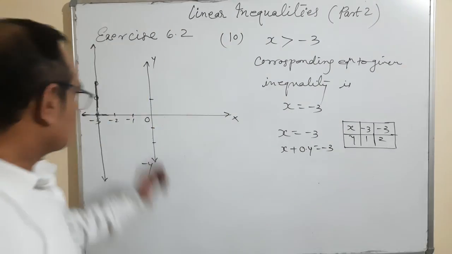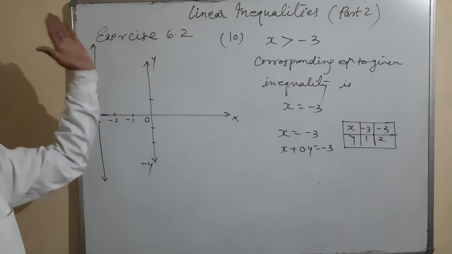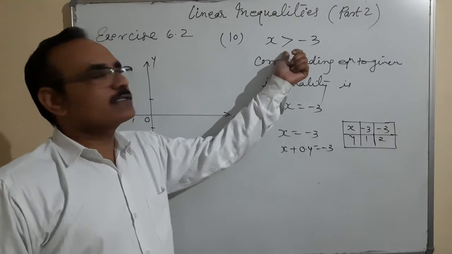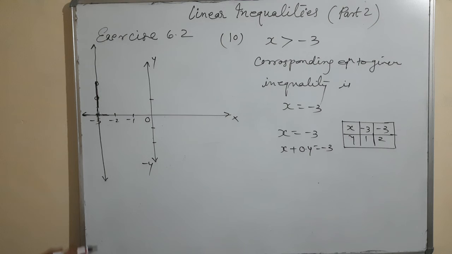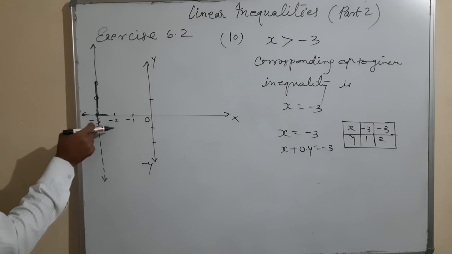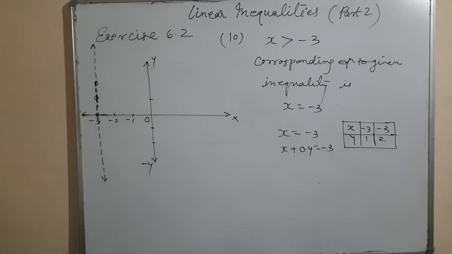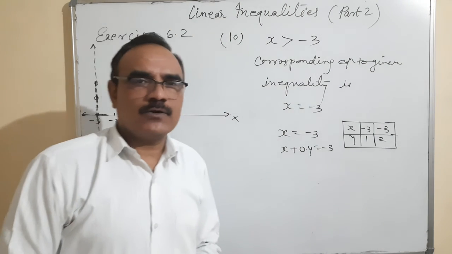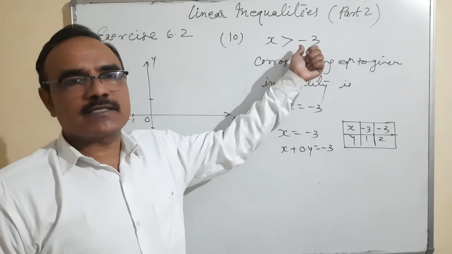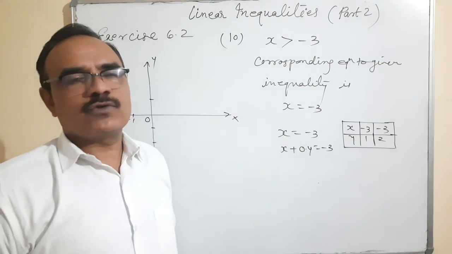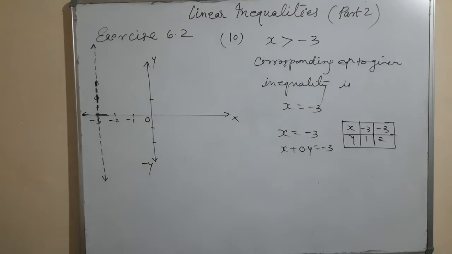Now let us see, this is a vertical line and we want to find out the area whether to left of it, right of it, on the line, whatever it is. On the line is quite impossible because it is strictly greater than. That means this line will be dotted line. You will see that before drawing the line, whether it's strictly less than or strictly greater than, you will start to draw a dotted line only, okay, in case of this condition. Okay. So that is one.